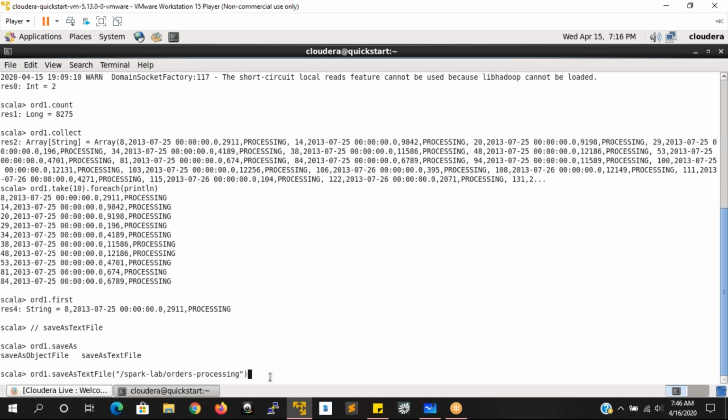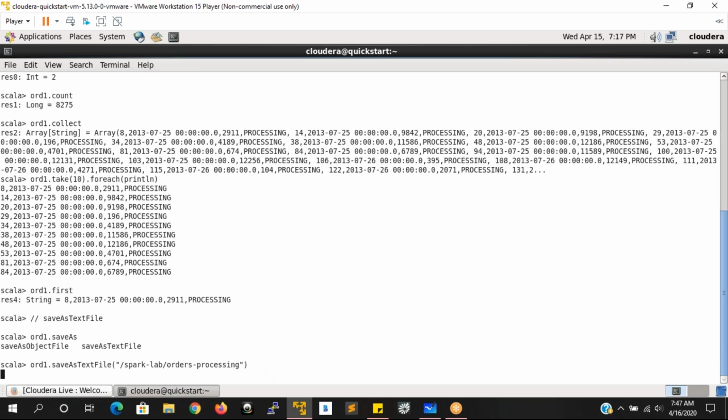We can control with code how to remove a directory if it already exists, but here we should always go with a new directory to store your RDD results. So now I'm executing this